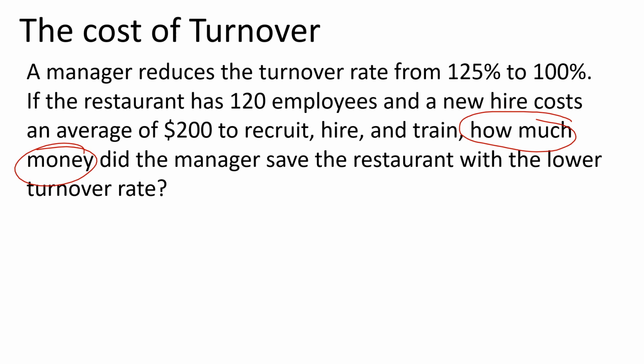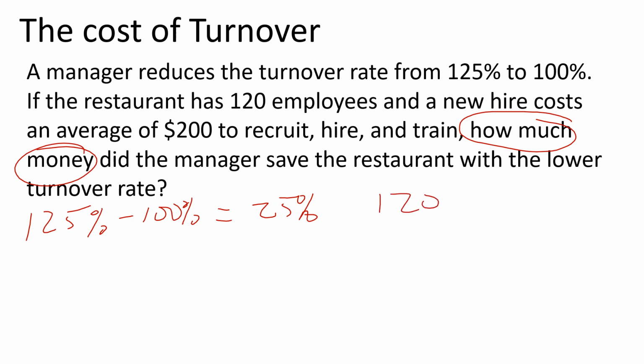So now let's talk about what the manager actually did. So the manager decreased our turnover rate from 125% to 100%. So 125 was our previous, we subtract what we went to, and the difference is 25%. Okay, so that's our 25% difference, which means we saved 25% on our turnover. So what we can do now is 120 employees